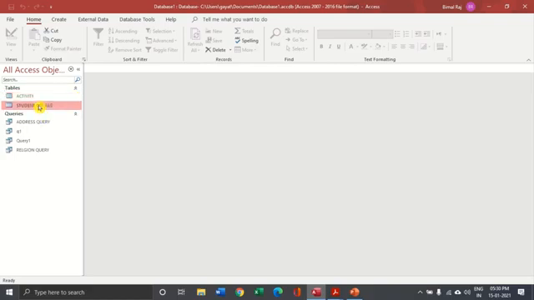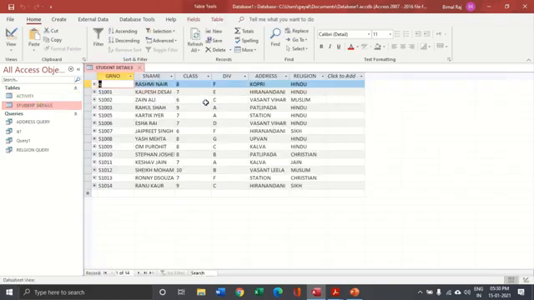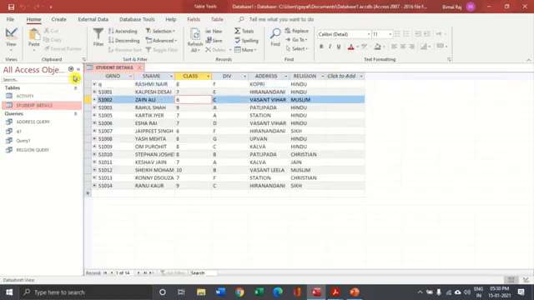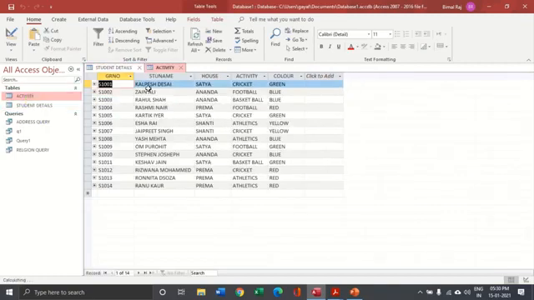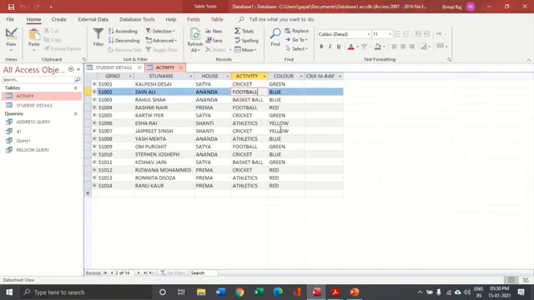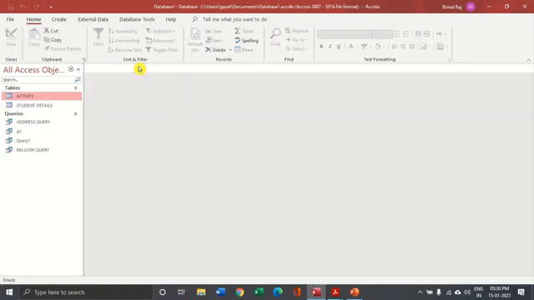Let us go and counter check. Zain Ali is in 6th standard, that is correct. And let us go to his activity. Yeah, he is from Ananda and football is his activity. So this way it has picked up the records of the students from both the tables because of the relationship between the two tables. Because we have already set the relations between the two tables, we can create queries using multiple tables.